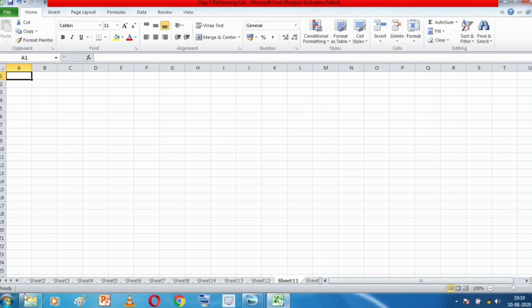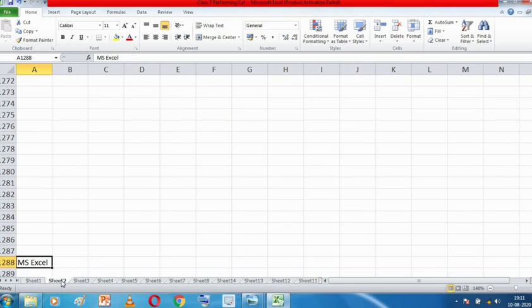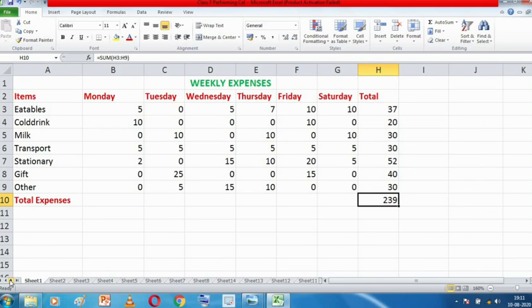Now see, sheet 1 is not showing. So what I can do, see, there are some arrows over here. Can you see these arrows? I can just click on these arrows to move from one worksheet to another. Or better, I am on sheet 1, I just come over here and click on sheet 2, and I am switching between my different worksheets. So these are the arrows that you can use to move from one worksheet to another. So this is my sheet 1, and then so on I can move.